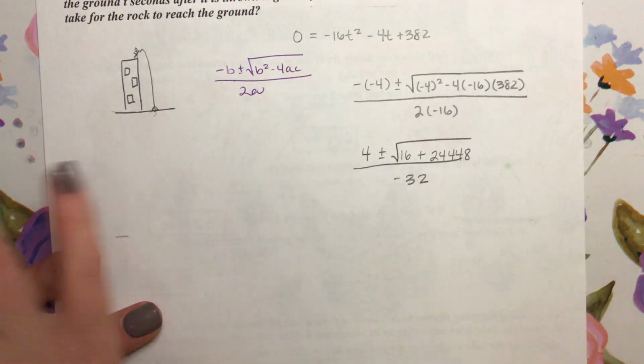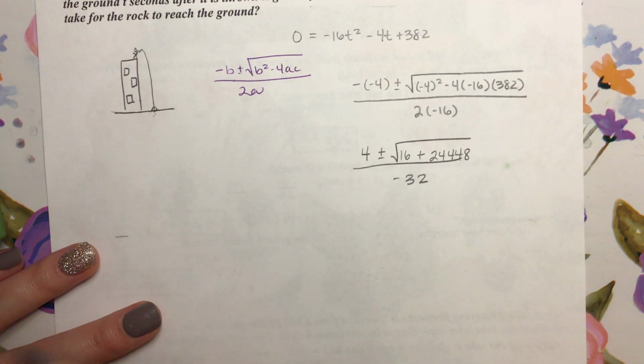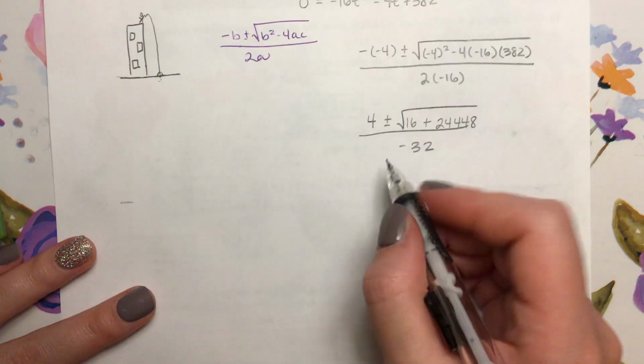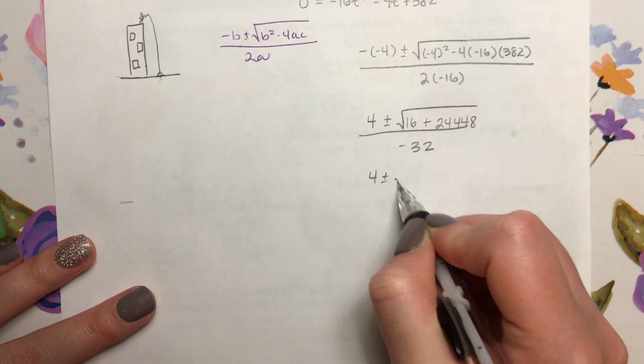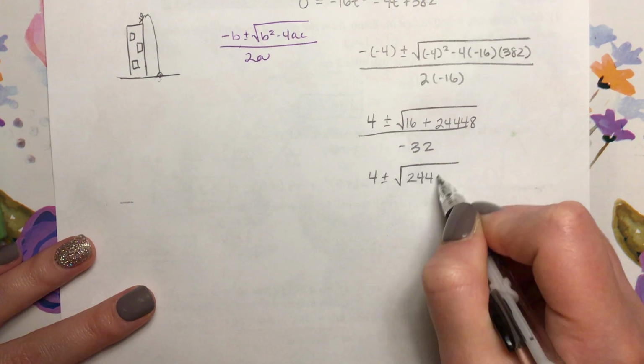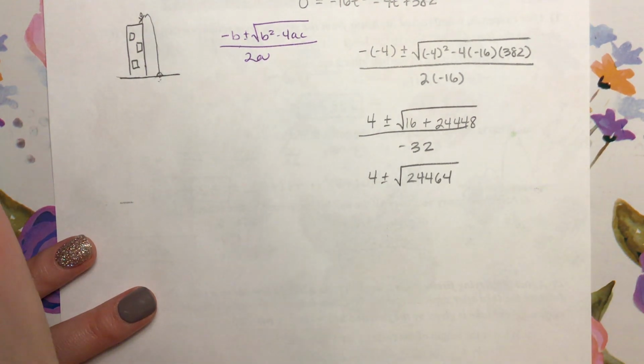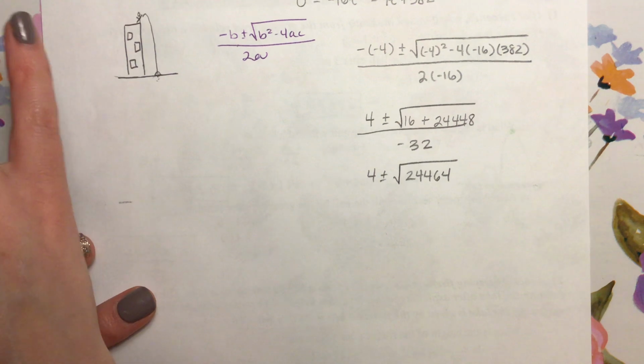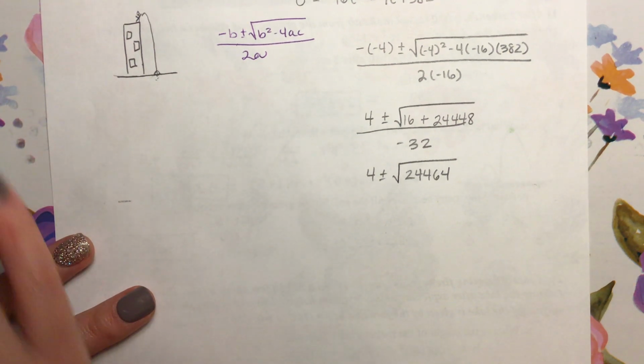So now I'm going to get 4 plus or minus the square root of 24,464. And when I put that into my calculator,